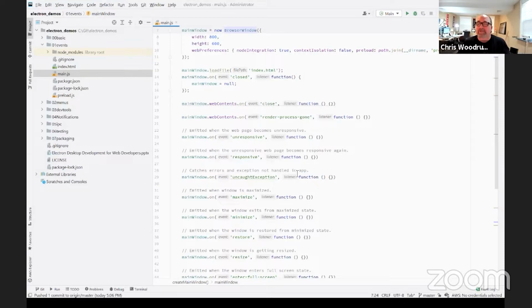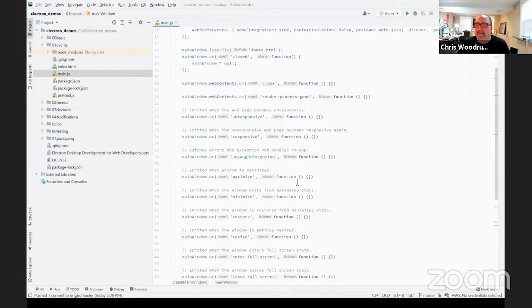If it goes unresponsive, maybe something happened, and you can try to figure out what is going on. If nothing else, you could log something somewhere to know some of the reasons why. Or when it responds back from being unresponsive, then you can do something. You can catch any uncaught exceptions.